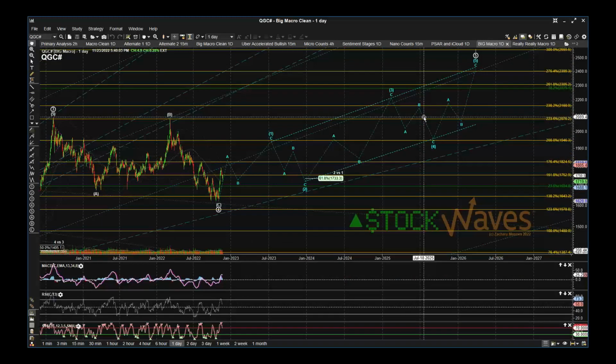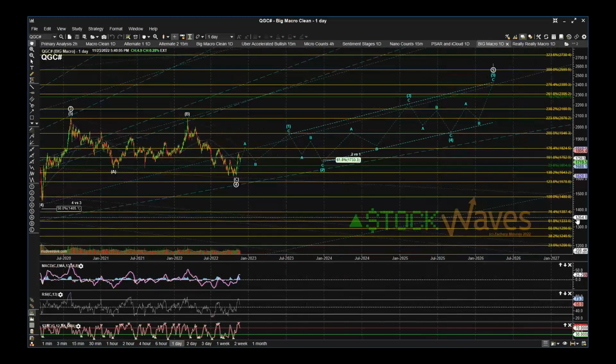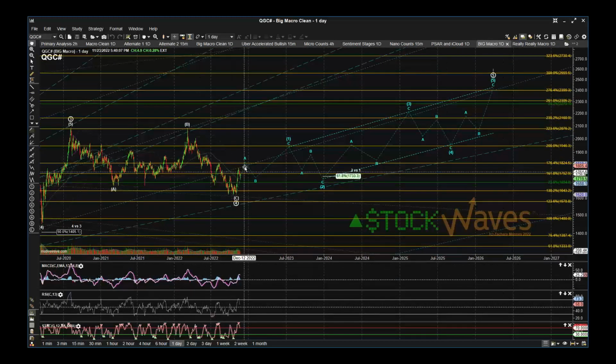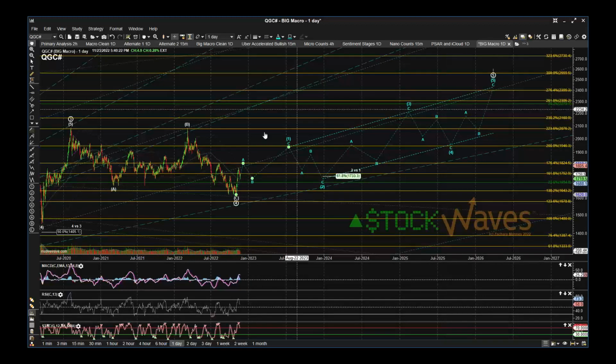Oh, yes, I put it here. So this is what that diagonal would look like. At the time, I think this is already the B wave. Could still get a little bit higher for the A, but certainly if we do get a higher high as a fifth wave up, it will make me lean a little bit even more to this as a diagonal,